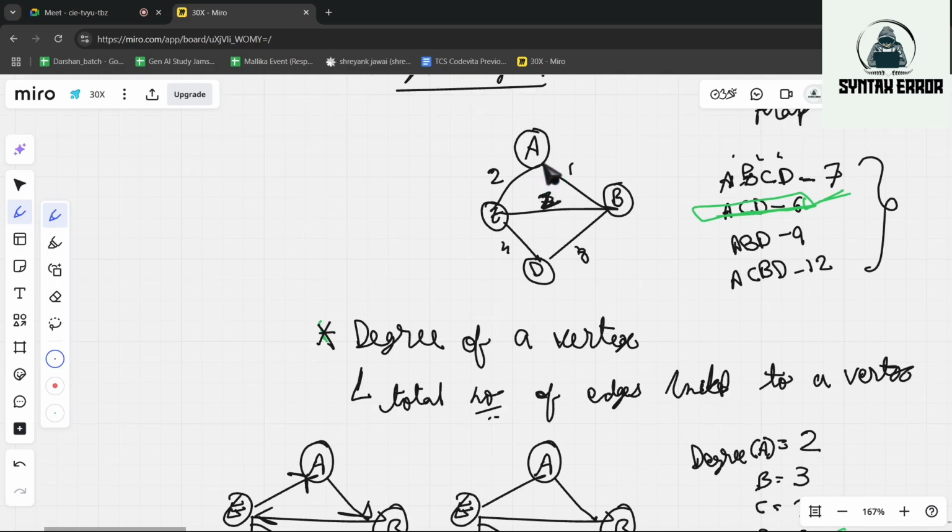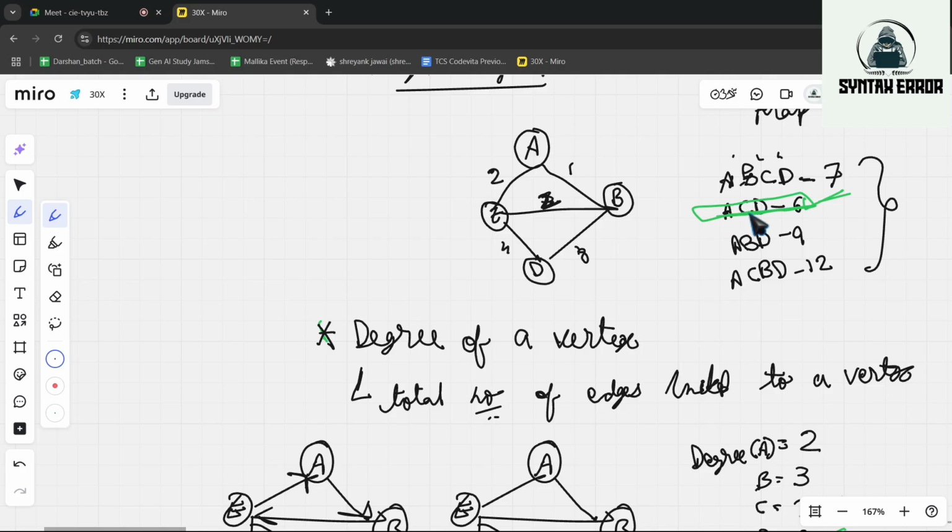So let's say this one. What was the question? We have to travel from A to D. So what is the minimum path? But in that question they will insert something. We have to travel from A to D, but in between we have to visit B mandatorily. At that time, this path is not the answer.